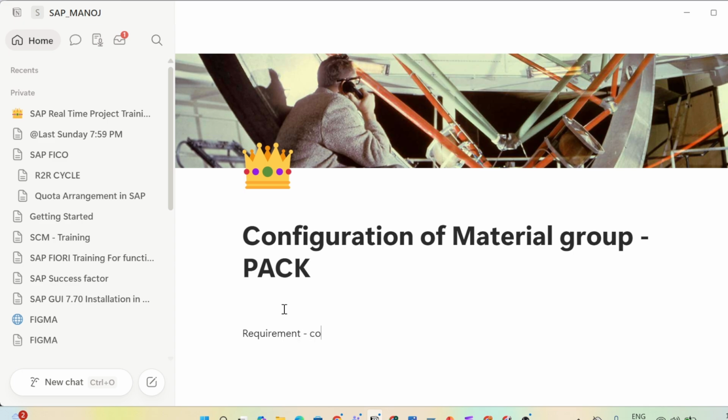The requirement is configuration of material group. And which material group are we going to configure? We are going to configure material group PACK. This is a requirement that we need to fulfill on our SAP system, and this comes under cross functional, and this is a master data topic.